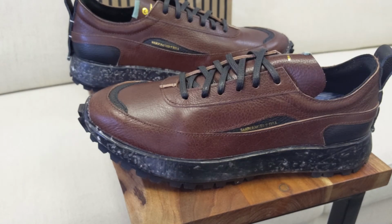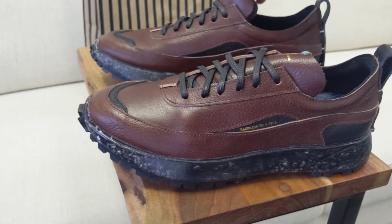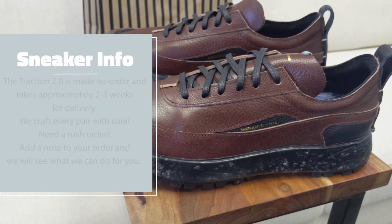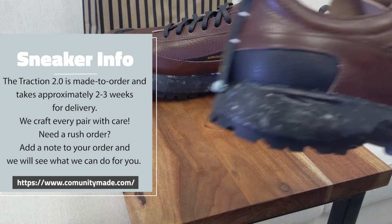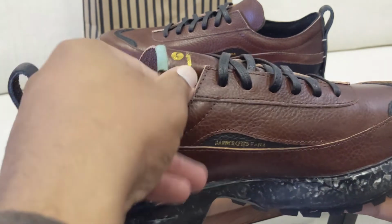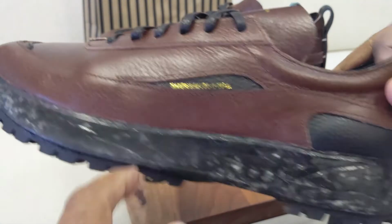So now we're on to the Traction 2.0 from COMUNITYmade, and more than likely you've never heard of the company. I talk about it a lot, but you don't see them on any of the other websites. And it's actually a shame that it's like that because when you get down to it, companies that are doing this incredible work, that are creating shoes, and these are crafted, these are handcrafted, they're handmade in downtown Los Angeles. So what you see right here on the side, handcrafted in DTLA, and you see it on both sides, and then the heel,